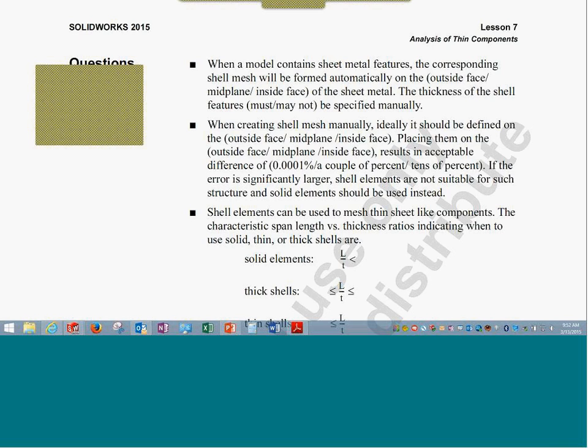Okay. This is the given answer. Obviously, what I say, you can have a good argument against it. So take it, but say that if you think of an ideal situation, an absolutely ideal situation, it would be on the mid plane. Firstly, if it is a solid geometry, we cannot locate the surface in the mid plane because we don't have a mid plane, and might end up locating it on the inside face or the outside face. So placing them on either the outside or the inside, the result is acceptable